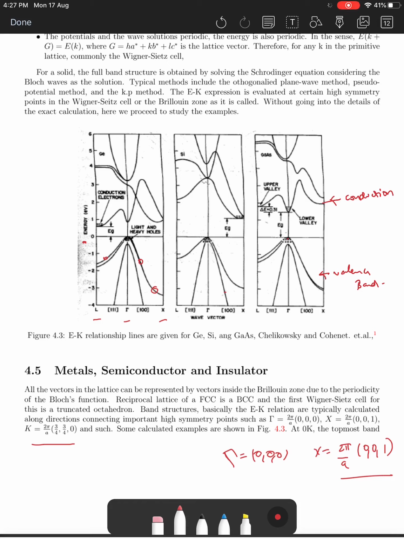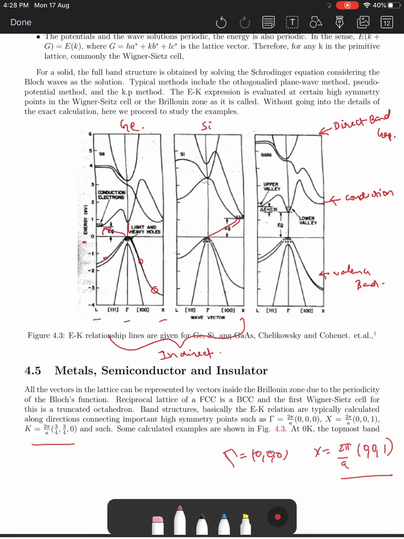in the straight line, they are called direct band gap semiconductors. So this is a direct band gap, and this is silicon, this is germanium, right? And these two are indirect, right? You can automatically see this. Though this seems to be direct, the smallest energy is still indirect, right? So germanium is a little bit tricky in that sense.